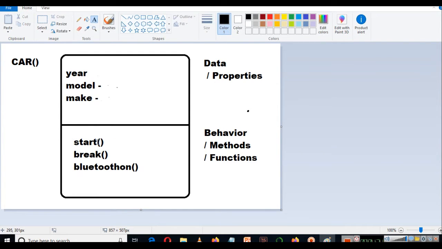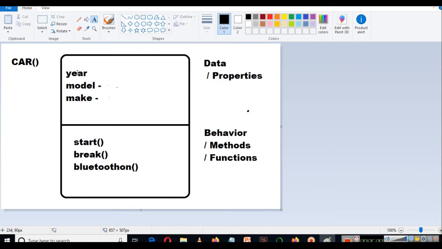And when we are using the term method or function, we are using these parentheses. Because we have already studied functions in Python, we can say that there can be arguments also. So there can be parameters inside these methods also, and this is like a variable here. So when you are creating a car, these are some data or properties here, and these are like variables. These variables can have any value.